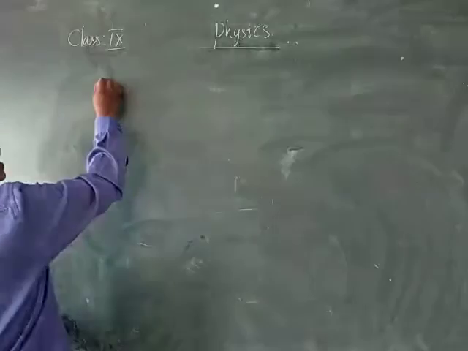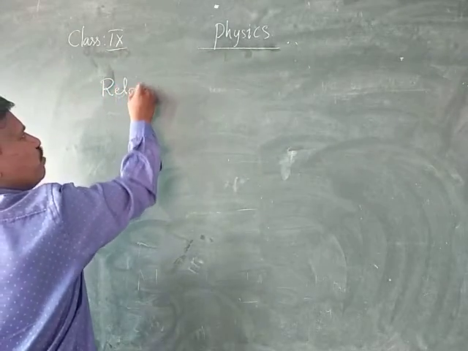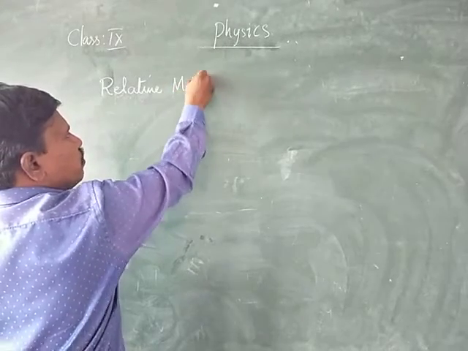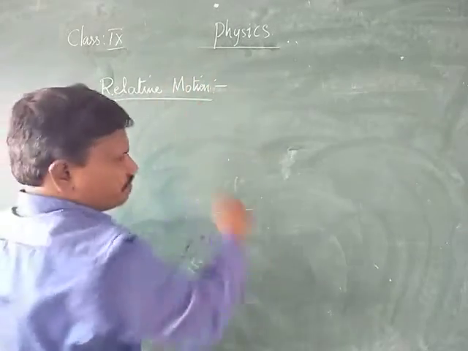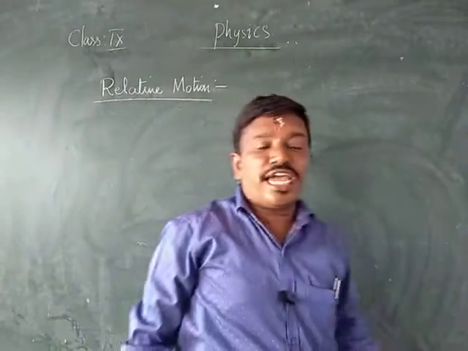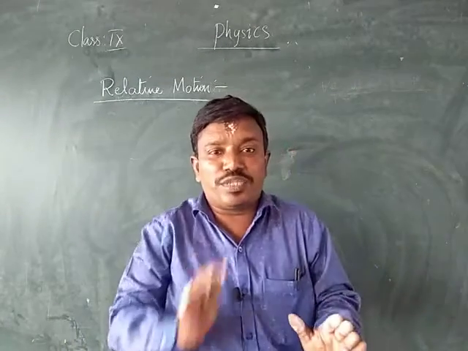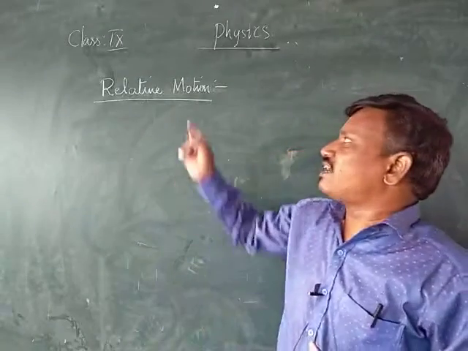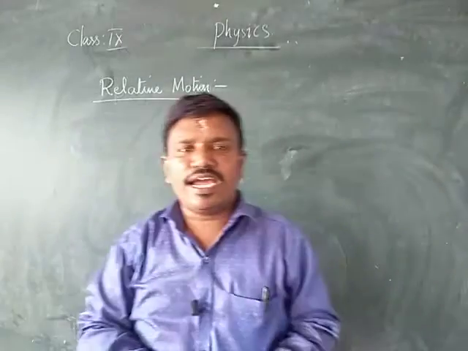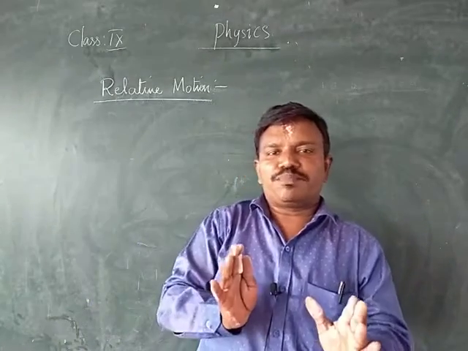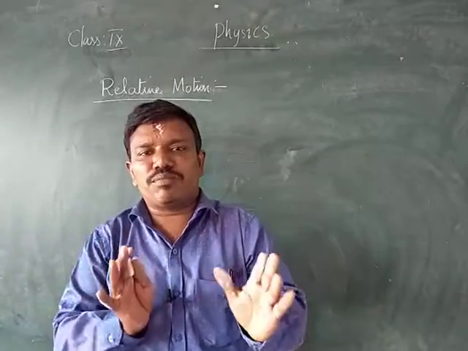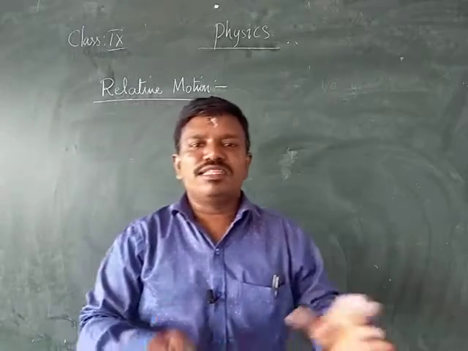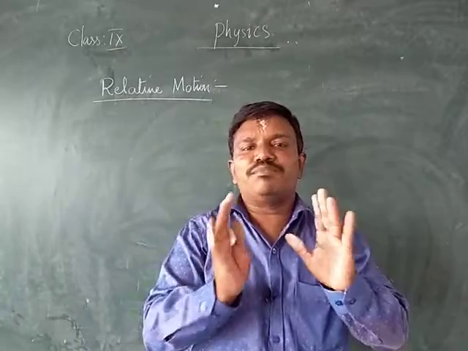Next we will be learning about relative motion. What do you mean by relative motion? If there is a change in the position of an object with respect to a particular observer, then we say it is relative motion. Relative means with respect to another person. Normally we have relationships, like a brother, a father, an uncle. That is relation. Therefore here it is the relation between the observers.